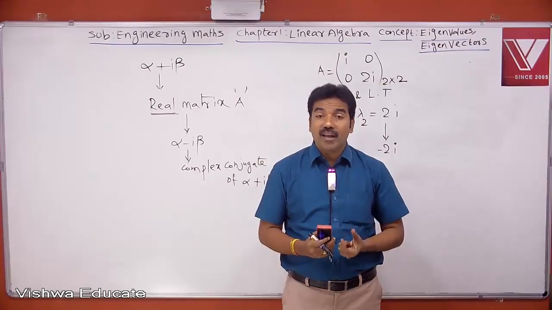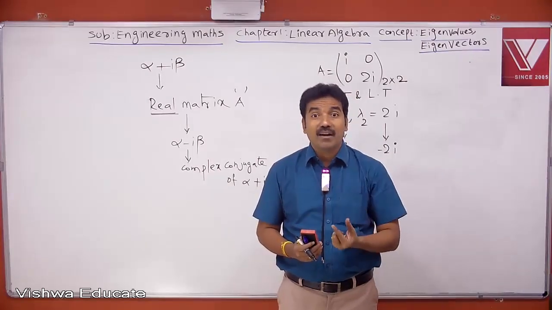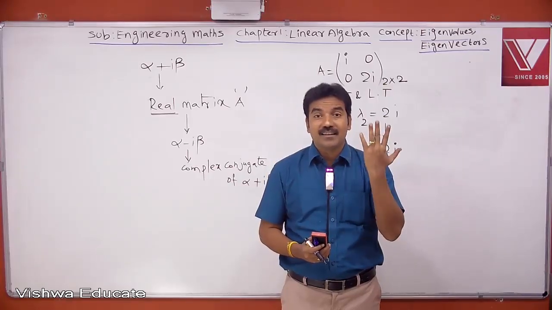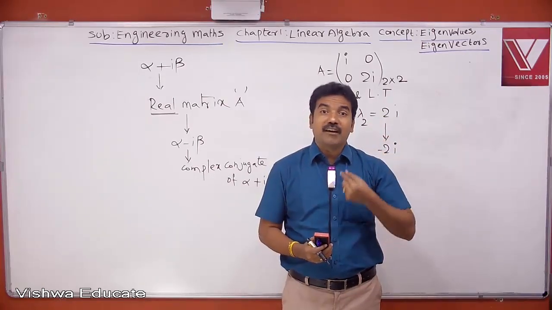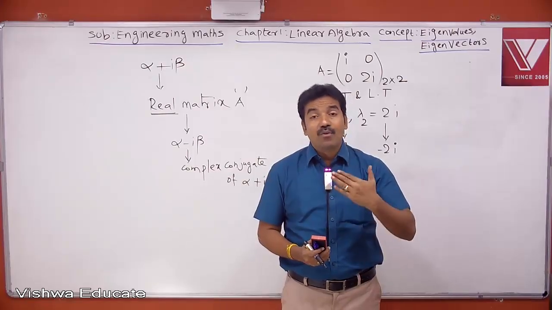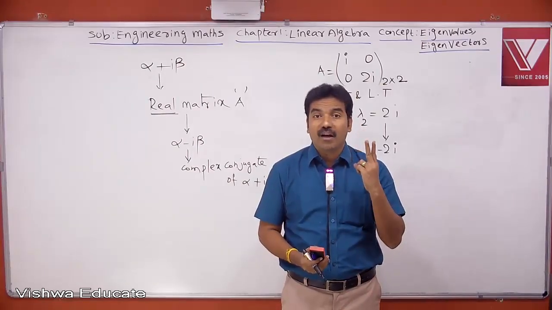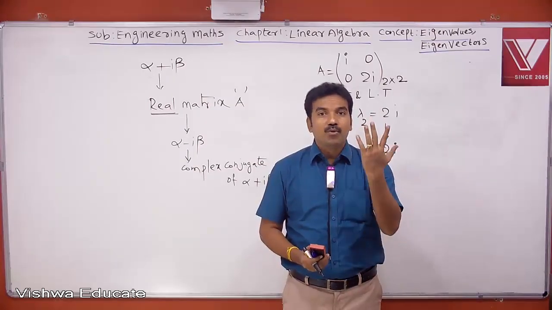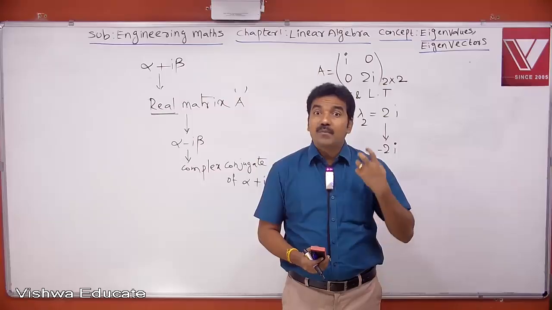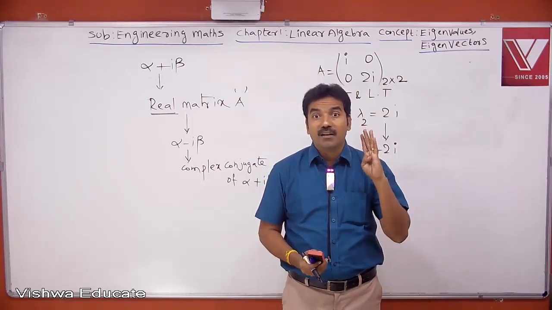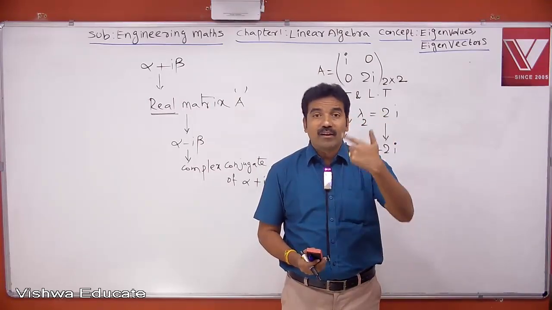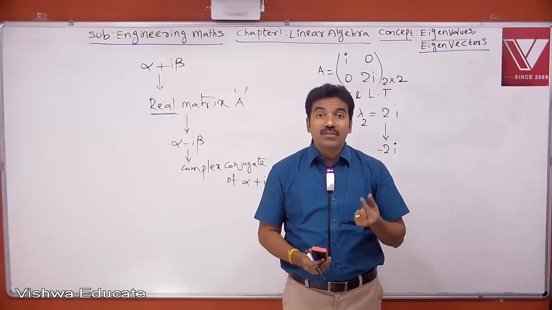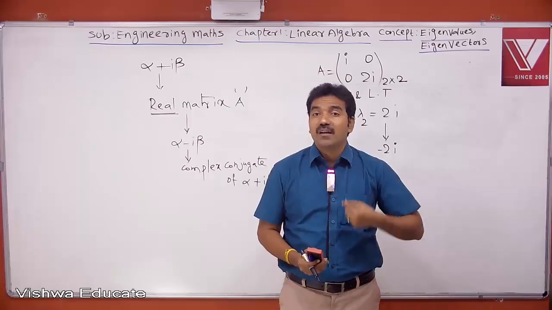If I have a 5 by 5 real matrix, see the dimension I am discussing. I started with the 3 by 3. Next I am increasing the size to 5. If I start with a 3 by 3 real matrix, at the most it will be having two complex eigenvalues. That means the rest of the eigenvalues must be real numbers. If I go for a 5 by 5 real matrix, at most it will be having four complex eigenvalues. So at most, maximum. So the rest will be real eigenvalues. If I take a 7 by 7 real matrix, at most it will be having six complex eigenvalues and the rest